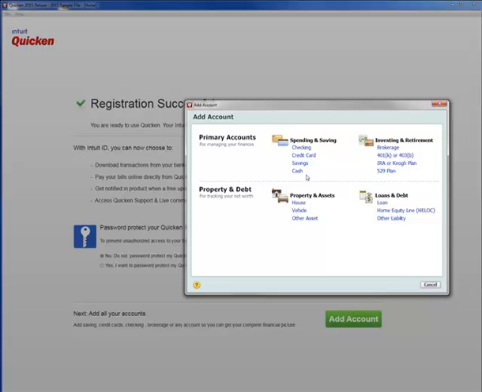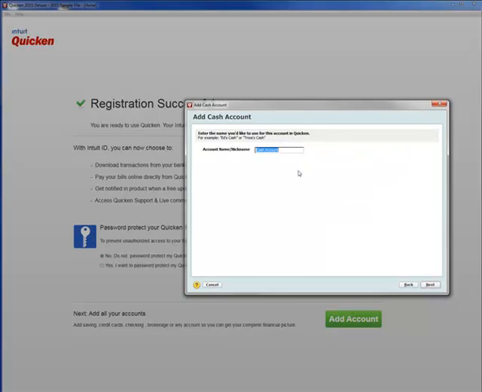I'm going to also set up a cash account because it's a bit different, and click on Next. So rather than having an account balance, it asks you for the date to start tracking as well as the amount of cash that you have. And so you search your pockets, your car, your purse, wherever you may have cash stashed, and figure out the total available for spending, enter that amount, and click